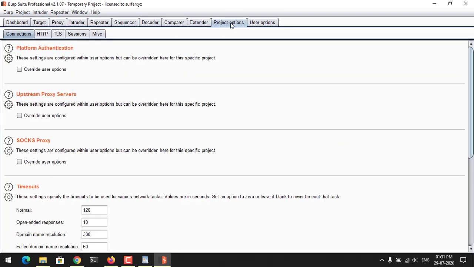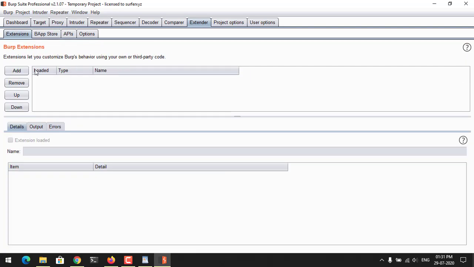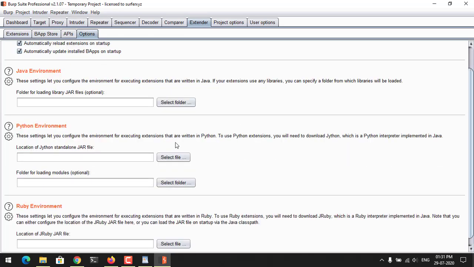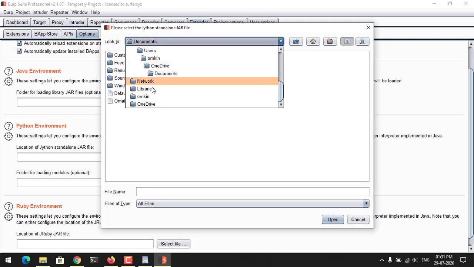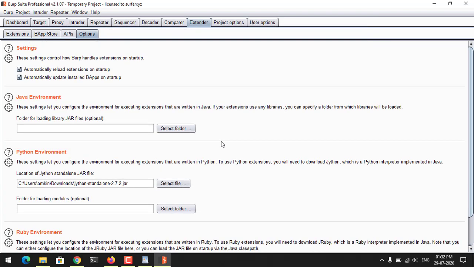As it is downloaded, I think it has to be in extension only, options, Jython or Python environment. Right now it is in downloads. So Jython standalone, okay.